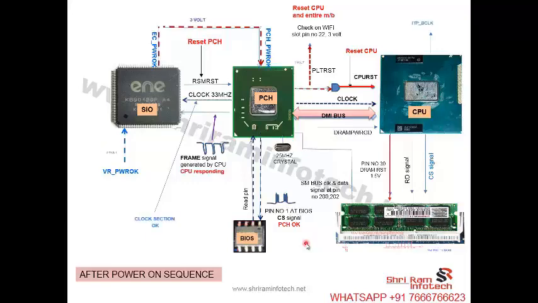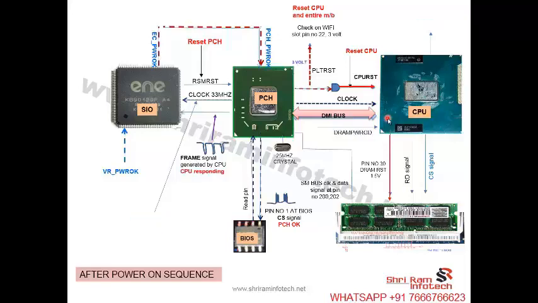Once the CPU reads the BIOS, the information inside the PCH BIOS is power on self test. You have to check this signal with the help of an oscilloscope at pin number 1 and 2. You will see such pulses on the screen. If these pulses are coming on the screen, that means the PCH is trying to access the BIOS, right? Then after this reading, the PCH tries to take a self test,